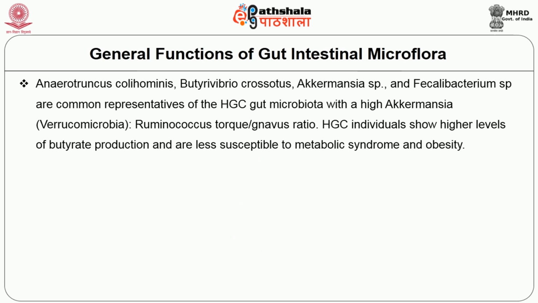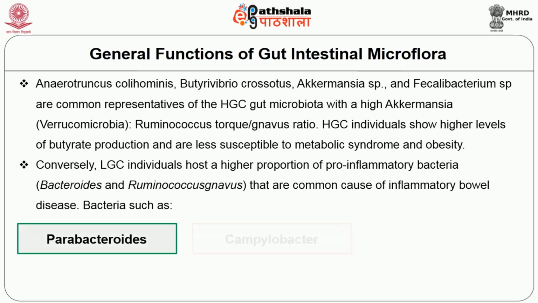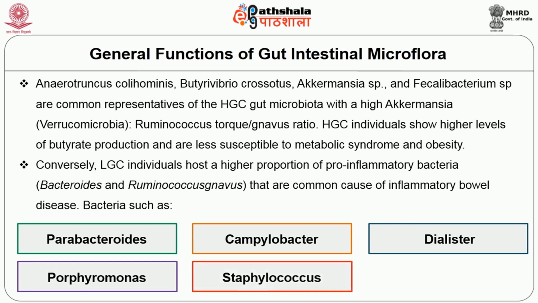See, this is the beauty, that you could check the species of the bacteria and come to a conclusion about what sort of problem a person may have in future, which you could predict by looking at the bacterial species. Conversely, LGC, that is low gene count individuals, host a higher proportion of pro-inflammatory bacteria, that is Bacteroides and Ruminococcus gnavus, that are a common cause of inflammatory bowel disease. Bacteria such as Parabacteroides, Campylobacter, Dialister, Porphyromonas, Staphylococcus and Anaerostipes are some of the common inhabitants found in low gene